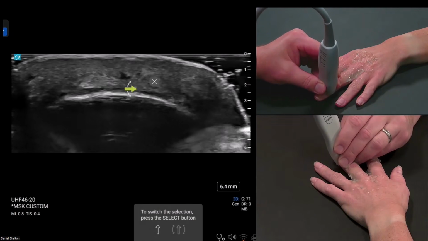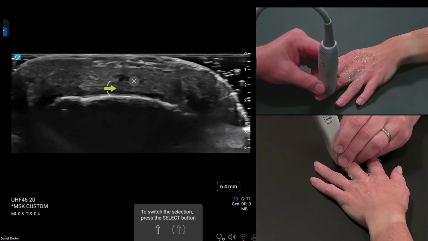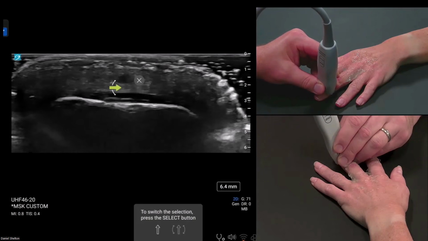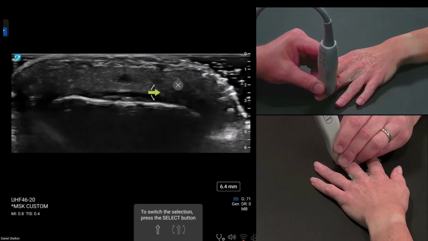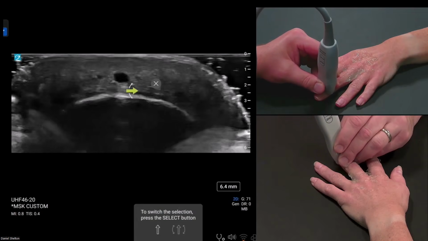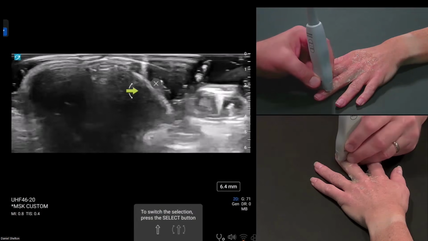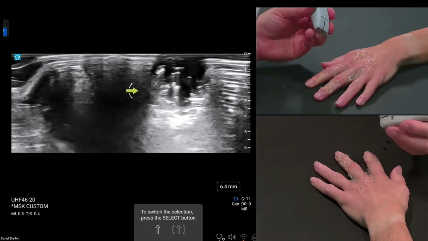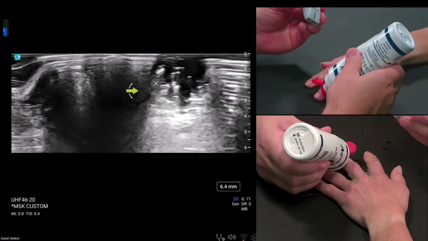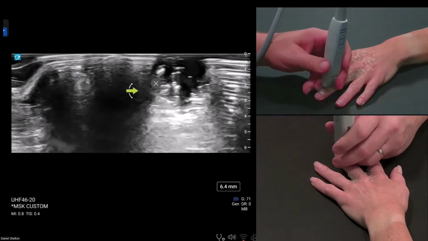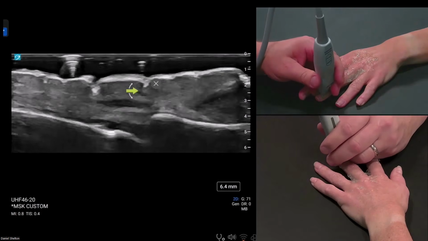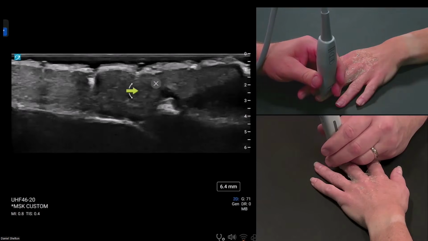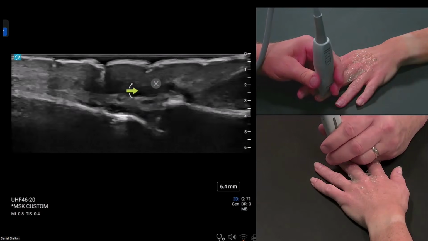So this right here where my arrow is, this is the triangular ligament. It's traveling cross sectionally across the joint of the DIP, or proximal to the DIP. And then on each side are the tendons that go to the eventual insertions. So we'll just look at the insertion of the DIP really quick, and a bit of the nail bed since we're in the area. So we'll just combine those scanning topics real quick.